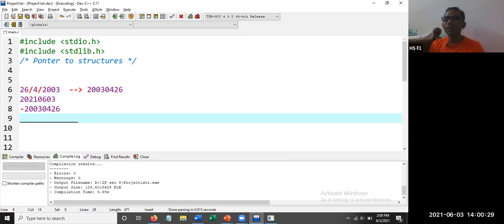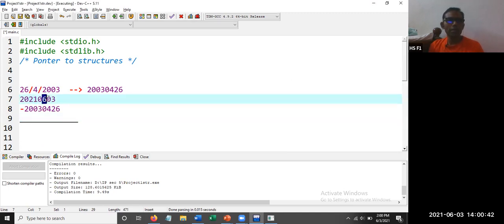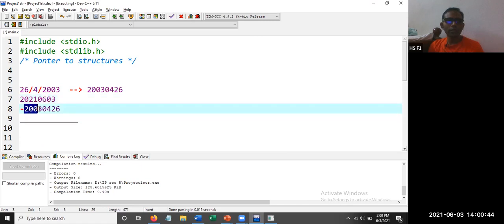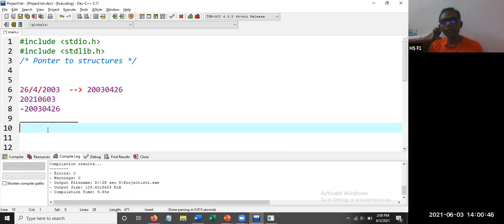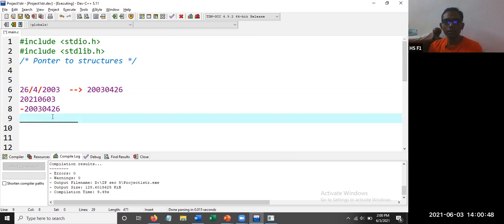Now this number of days you can convert to number of years. Okay, so today's date is 2021/06/3. Subtract it from 2003/04/26. You will be getting number of days. Then you know how to convert number of days into years, months, and days.